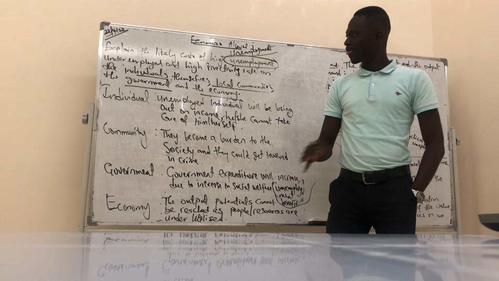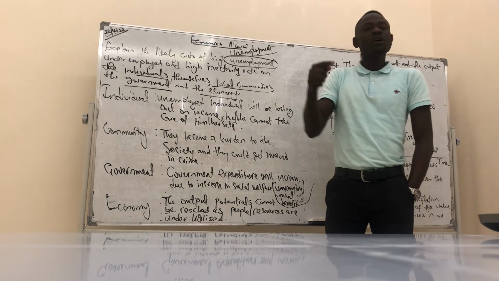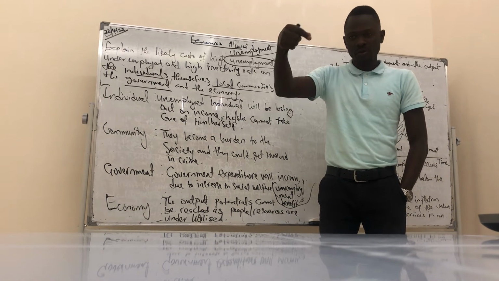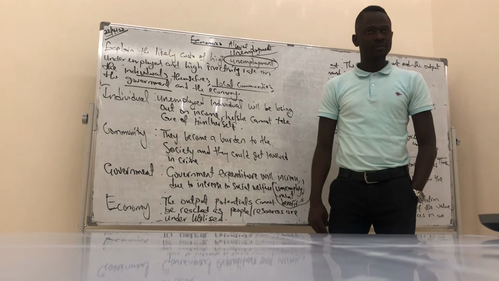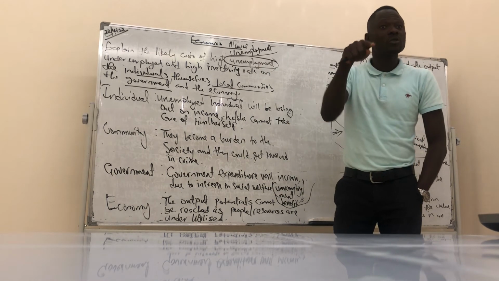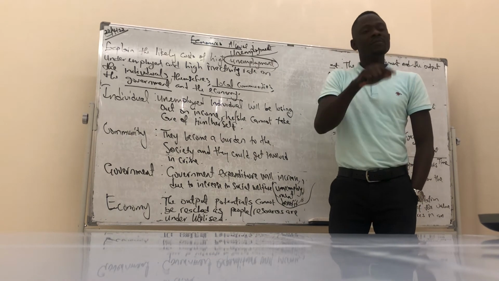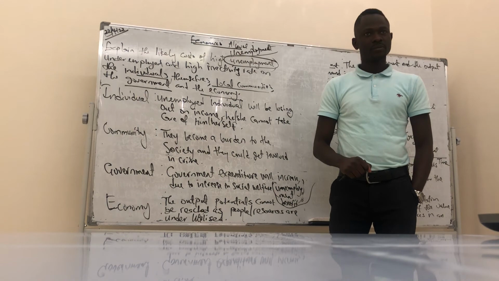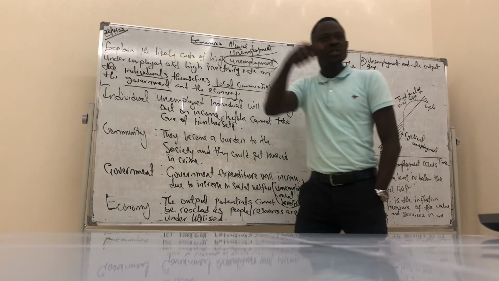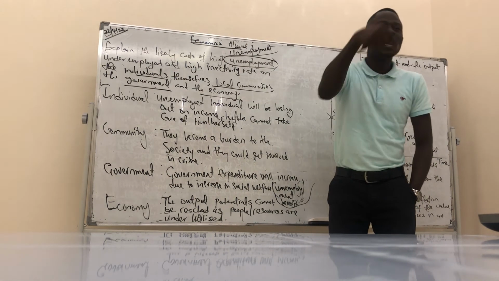Self-actualization. So what is the impact on the local community? It means you might not be able to improve the local community. You might not be able to give your own quota to the community. For government, you will also be asking for social benefits, which increases government expenditure. Do you get it? And for the economy, what happens? Because you are still not used to your full potential, some output is missing.